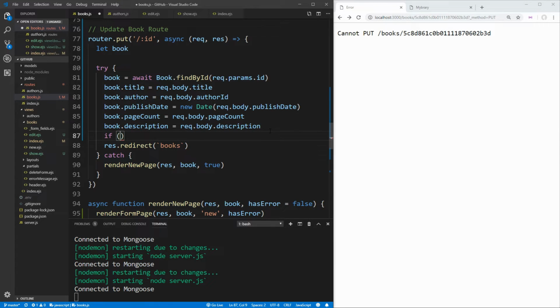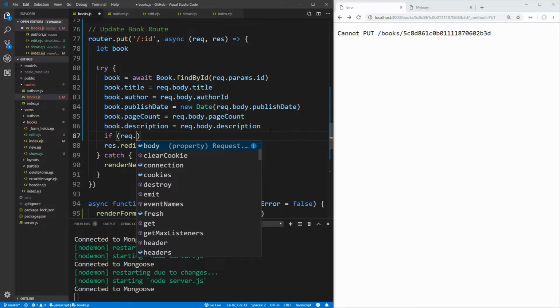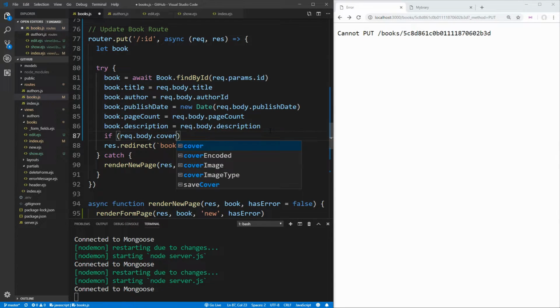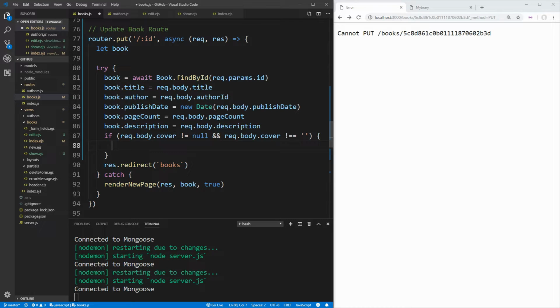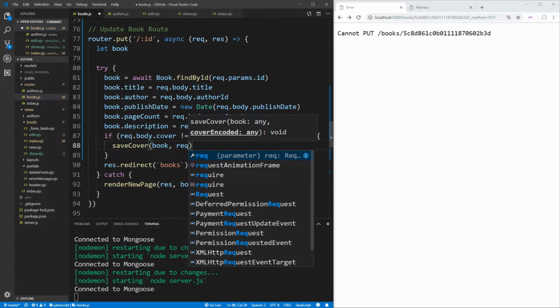So all we need to do is check to see if our cover exists. We can do that by saying request.body.cover is not equal to null. And we want to make sure that the request.body.cover is not an empty string either. So we'll check to make sure that it's not equal to an empty string. And if both of these conditions are not met, so the cover exists, then we want to save the cover. And to do that, we're just going to pass in the book that we want to save it to and the actual cover. So we'll say